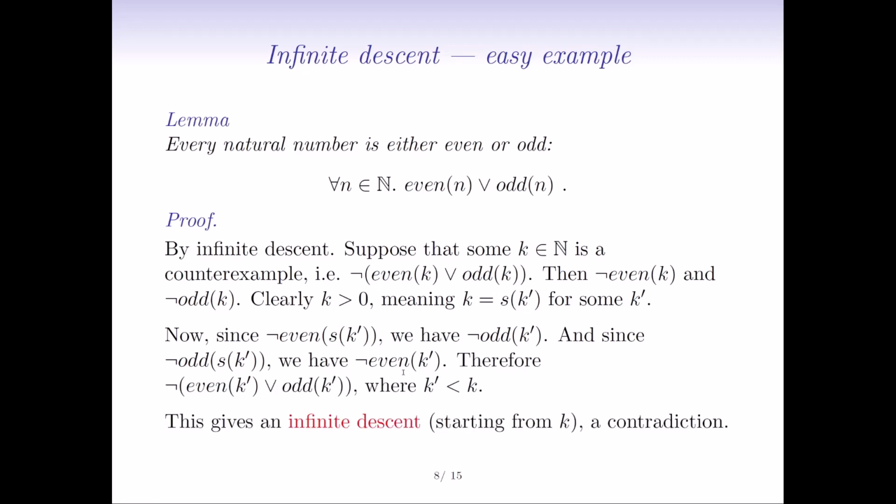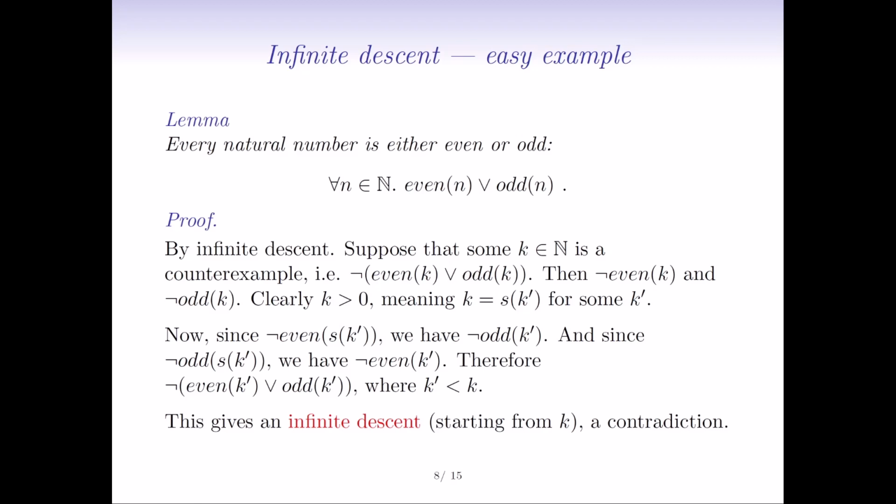And therefore, we have that k prime is not even, and k prime is not odd, and then by applying our De Morgan law again, we know that that means that it's not the case that k prime is either even or odd. But now k prime is a smaller number than k. So we have a counterexample, a number which is neither even nor odd, and by assuming the existence of that counterexample, we have managed to find a smaller number, in fact, just the number right before it, that cannot be